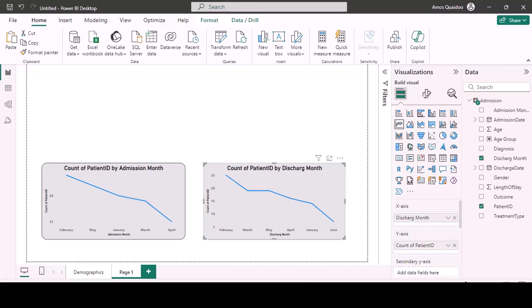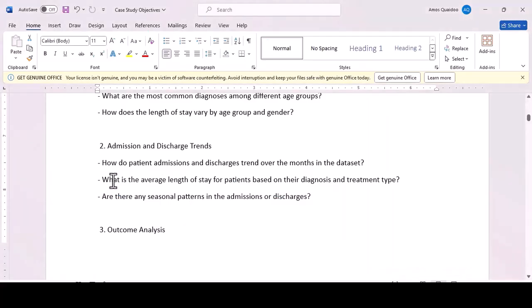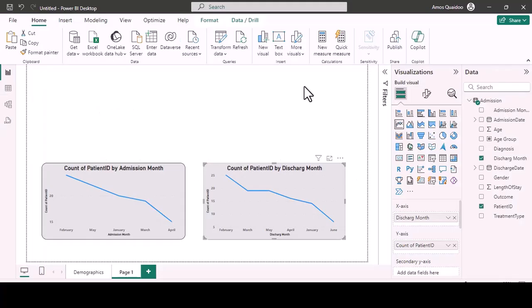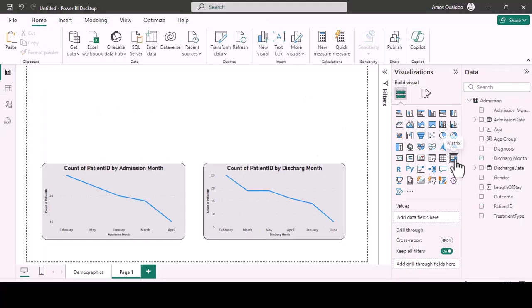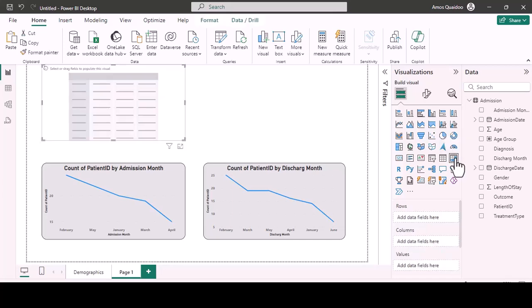Okay, now let's move on to the next question. The second question says, what is the average length of stay for patients based on their diagnosis and treatment type? Now, for this question, let's use metrics. So here you select metrics